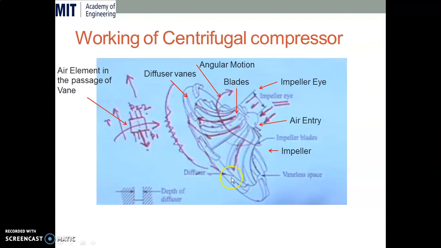Okay, the area again increases. So due to increasing area, the pressure of the air increases. Yes, you might have studied in the steam turbine also that there is a relationship between the Mach number and the compressible fluid. In this case we are dealing with a Mach number less than 1.